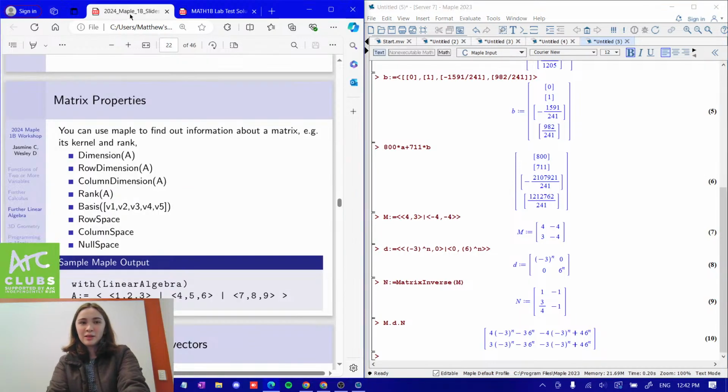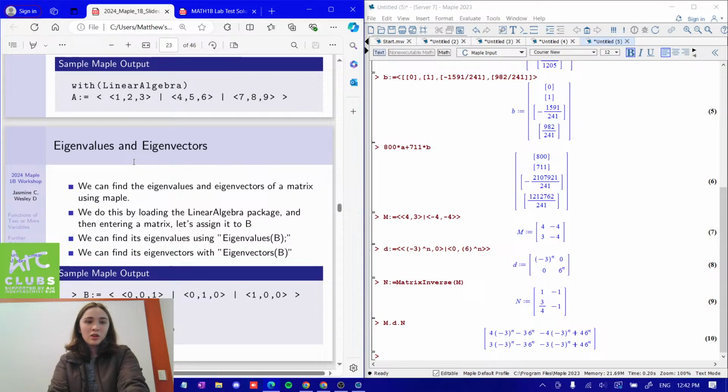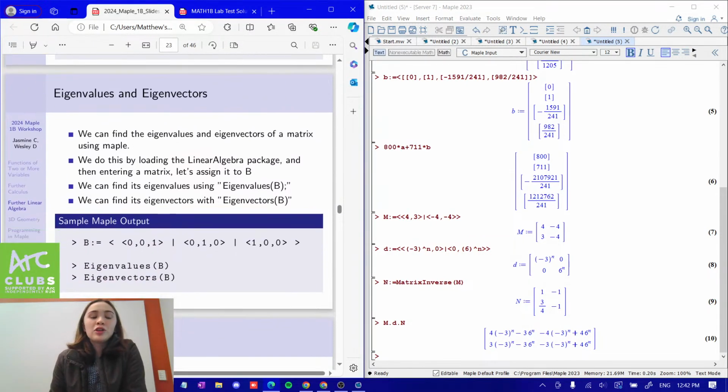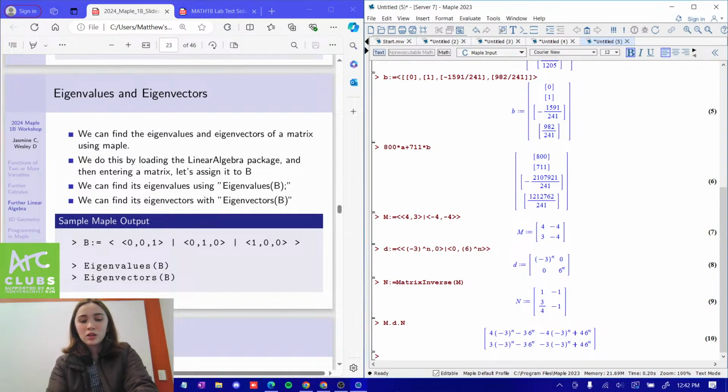Okay, back to here. So to find eigenvalues and eigenvectors, we load the linear algebra package first, and then after we assign a matrix, we can find the eigenvalues by using the Eigenvalues B command, and then eigenvectors is the Eigenvectors B command. So if we're defining B,